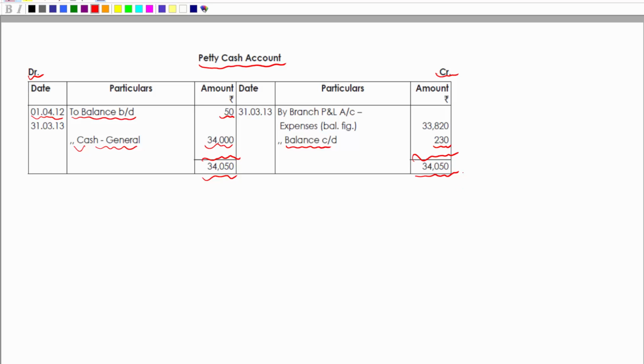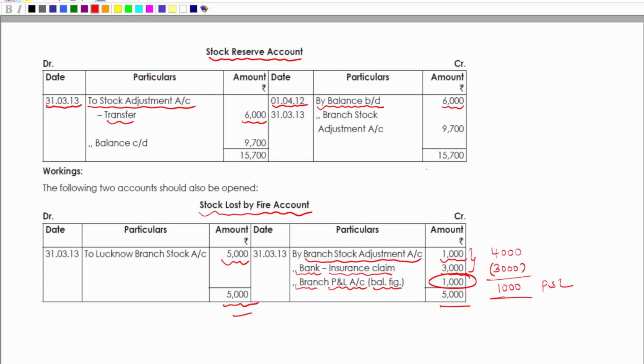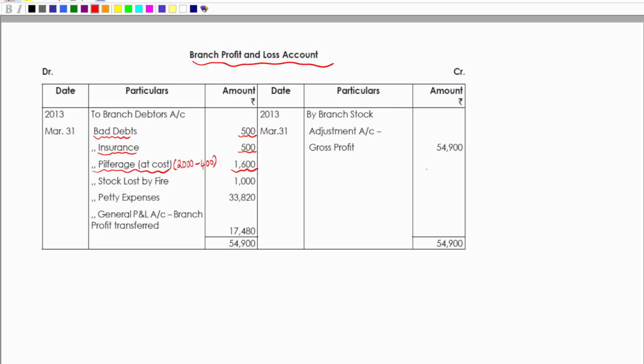It means on credit side we have a balancing figure that works out to 33,820, and this is nothing but the expenses which are transferred to branch P&L. So we'll write by branch P&L, basically the expenses, and these are all nothing but the balancing figure. So let's go to branch P&L and we'll account for this petty expenses. In branch P&L, we have to account for those petty expenses, which is the